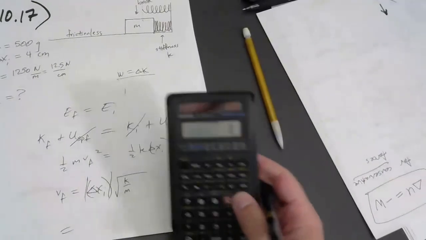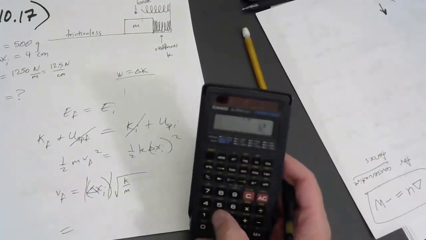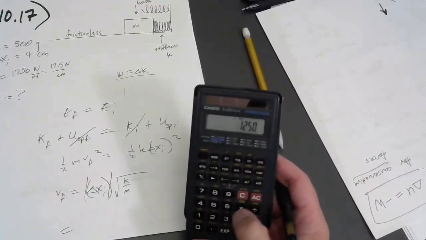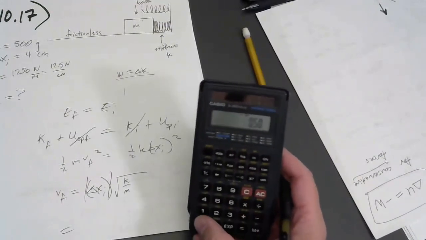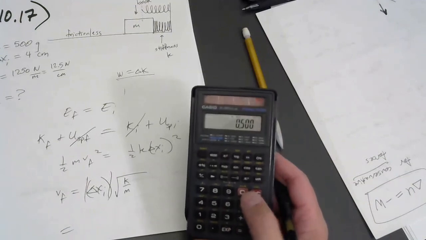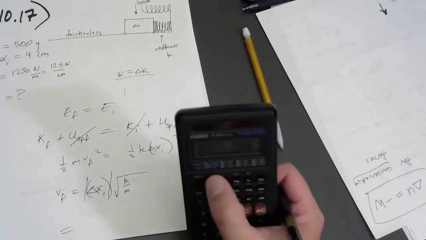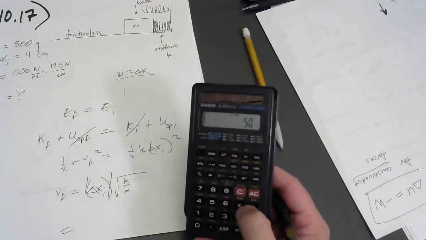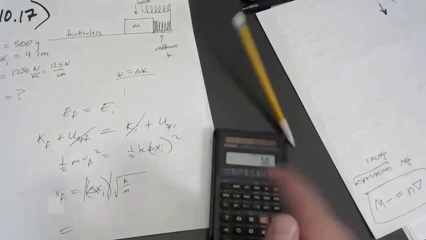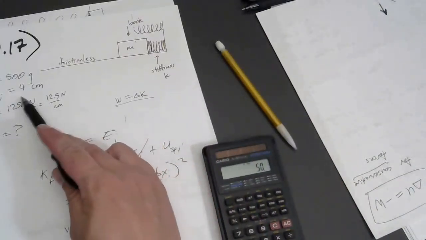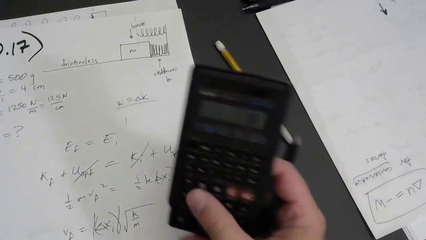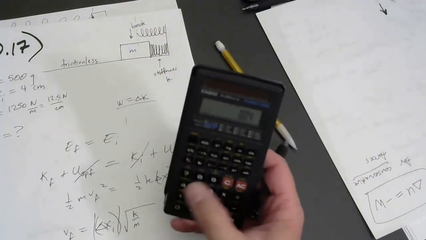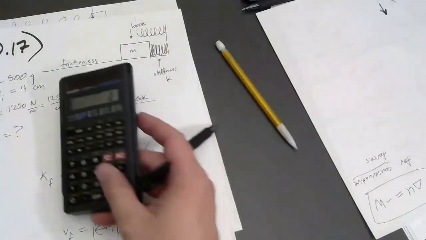Okay, I'm going to plug in those numbers. Let me do what's under the radical first. I'll take the stiffness of 1250 and divide by the mass of 0.5 kilograms, right? 500 grams. Then I take the square root. I get 50. I multiply that by the displacement. Now I need to use SI units. 4 centimeters is 4/100ths, 0.04. And I get 2